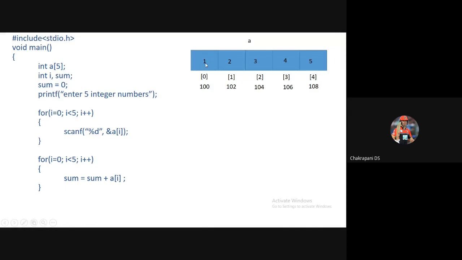I'll take the first number and add it with the previous number, and I'll call it sum. Second number I'll take, I'll add that with the previous sum. Then I'll take the third number and add that with the previous sum. Similarly, I have to keep on doing that.